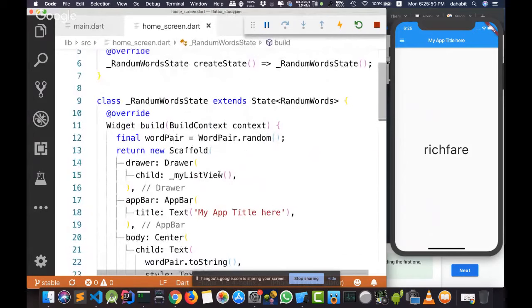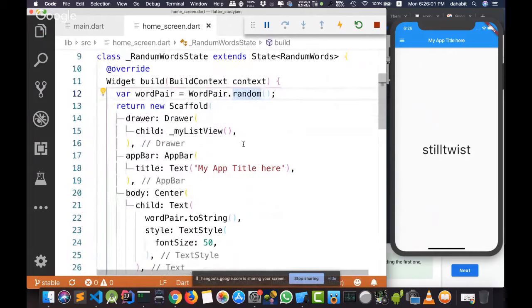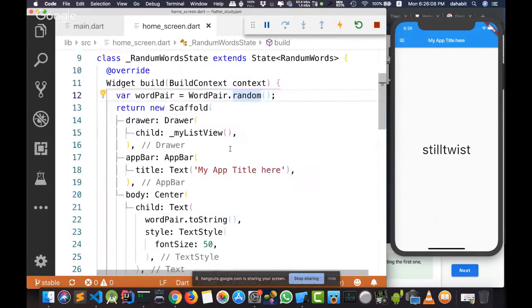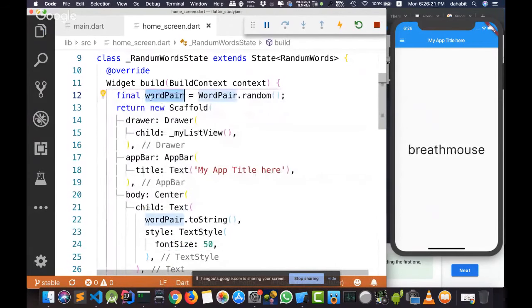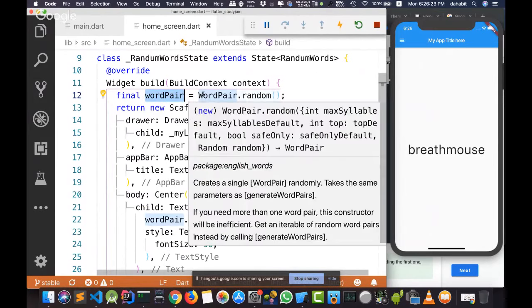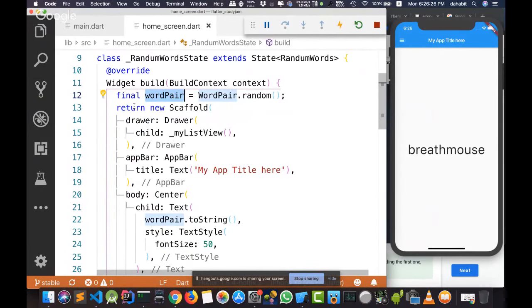What's the difference between final and constant and variable? For example, I can use var here, and when I'm using var, it will give me the same result. What's the difference between var and final and constant? Final is using lazy loading for the object. It will not instantiate the object until I'm using it. And the first value inside this variable will be the final value for it. I will not be able to change it during the lifetime of my widget.